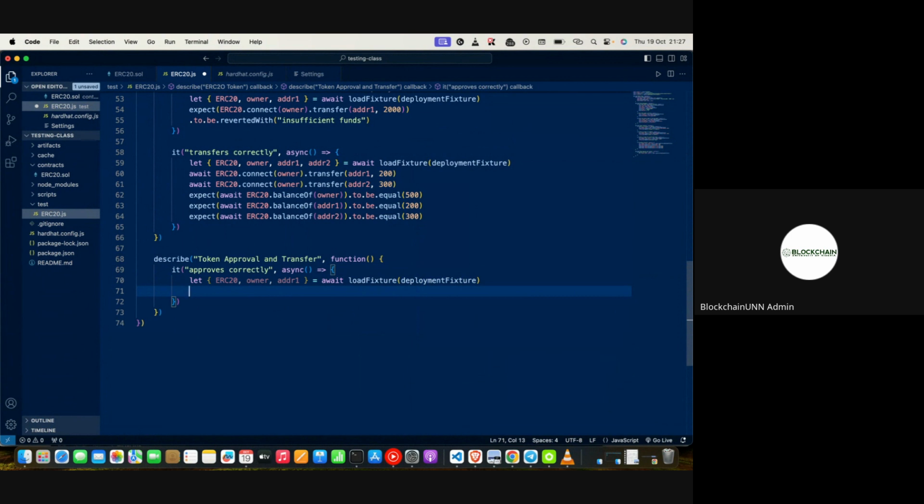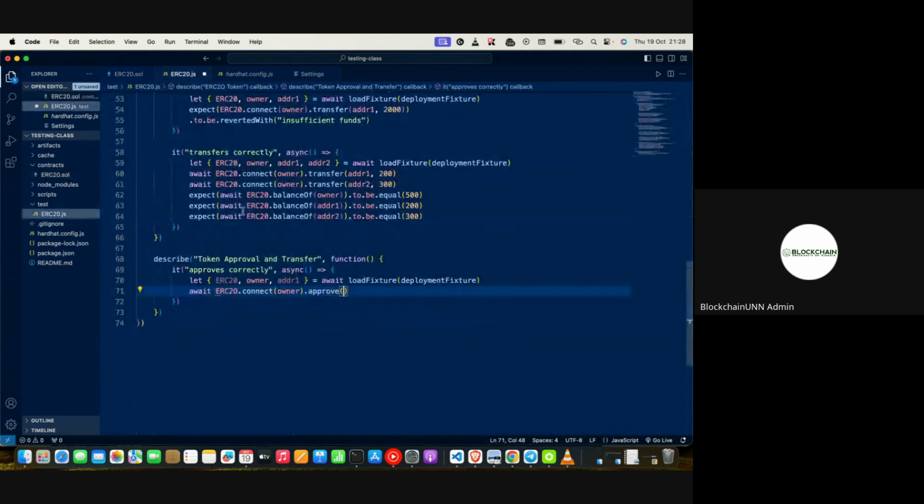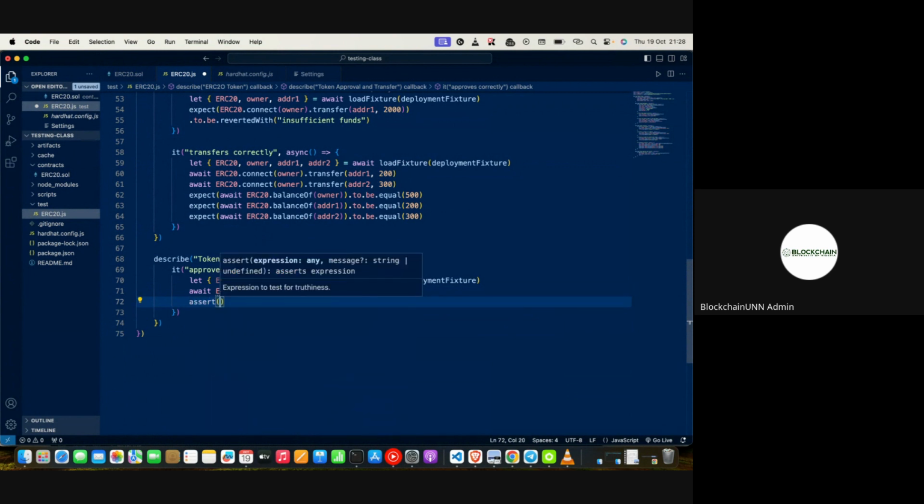And the next thing we want to check: first of all, we want to call the approve function, but we're going to connect the owner. And the approve function takes in the spender and the amount. So our spender is going to be address one, and our amount is going to be 200. And what we're simply going to do is assert or check that